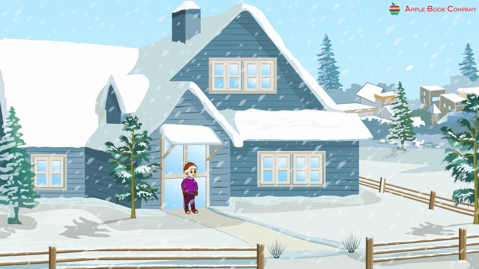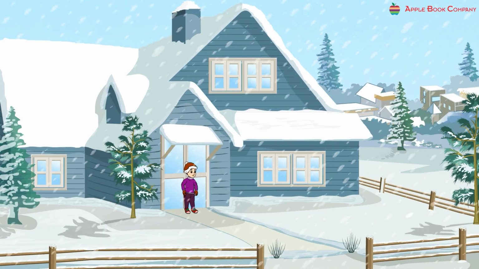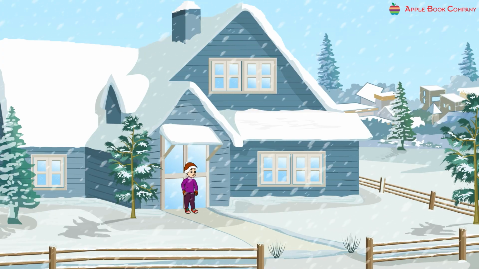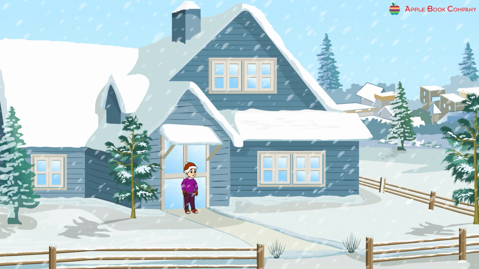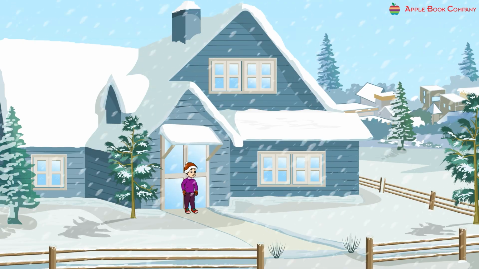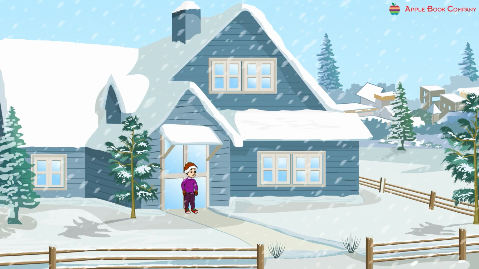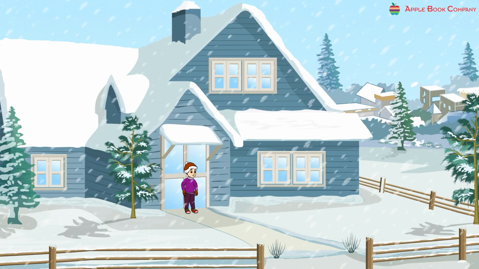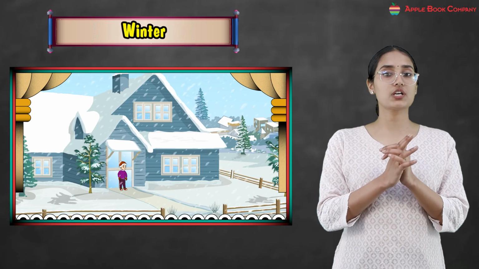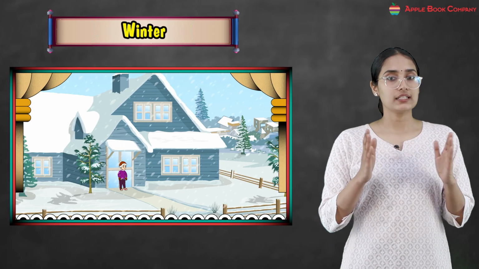So winter season is the coldest season in India, lasting from December to February. During this time, we see cold weather, especially in northern India, okay? And during this time, the shorter days and the longer nights. It's the reverse that happens in the summer, right? Some regions experience frost and snowfall. So temperature goes so much down, so much cold, that we also get to see the frost and the snowfall